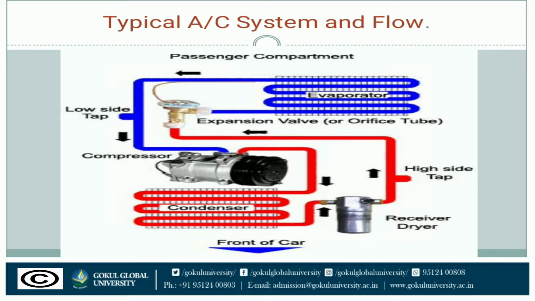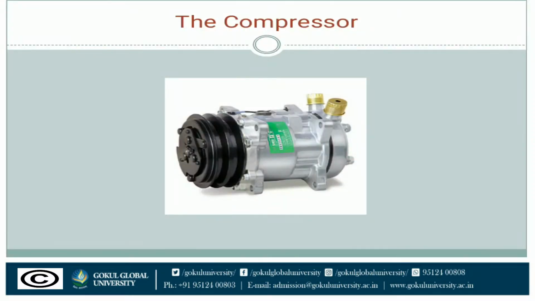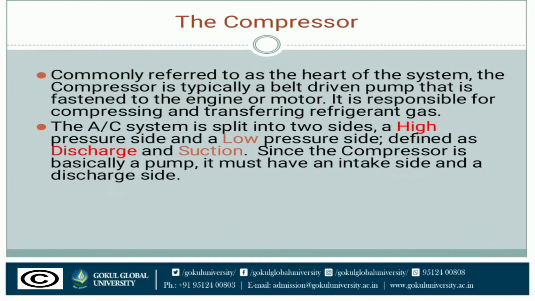All automotive air conditioning systems are nearly closed loops with a high pressure side and a low pressure side. We will start with the high pressure side as it leads from the engine to the passenger compartment. So first of all, we start with the compressor. This is the basic original figure of the compressor. Let's talk about the compressor.